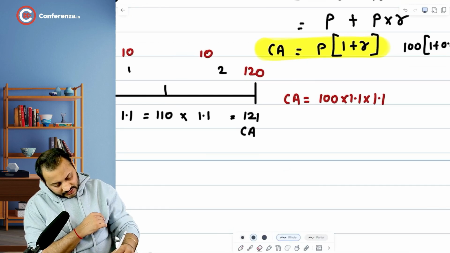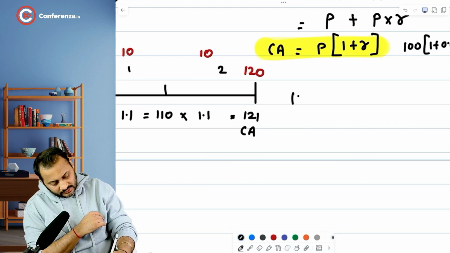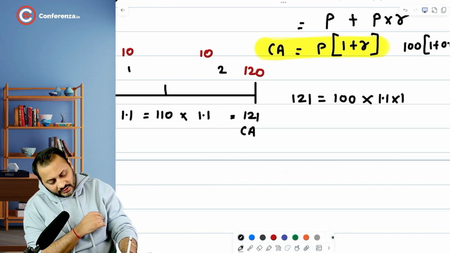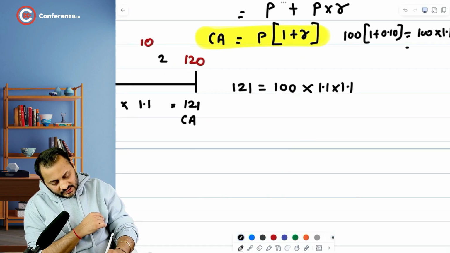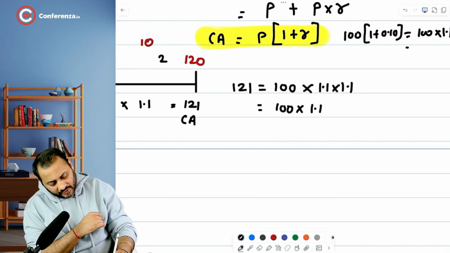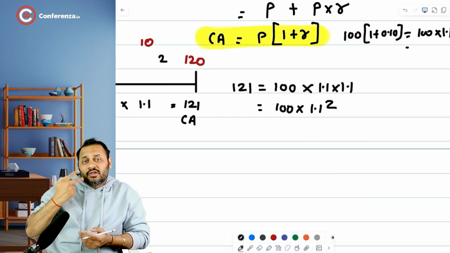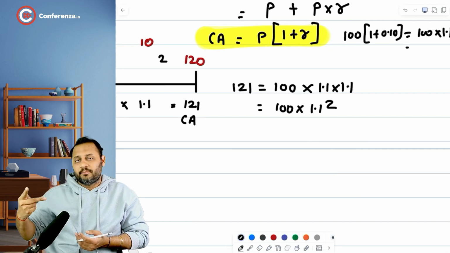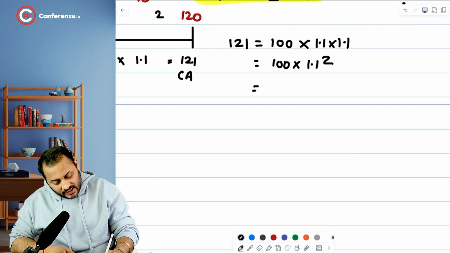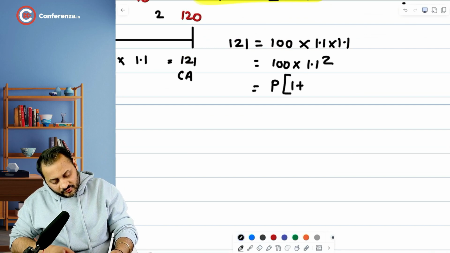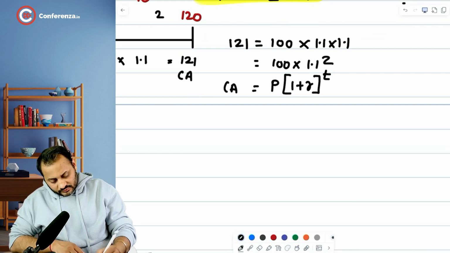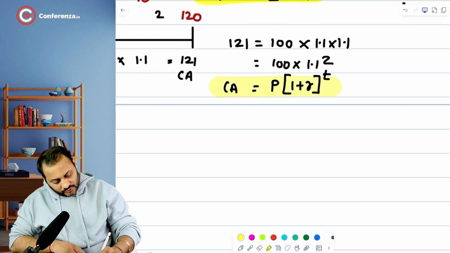Now, let me just write it in black color only. How did we arrive at 121? It was 100 into 1.1 into 1.1. Can I write it like this? 100 into 1.1 square. Square is nothing but the 2. What is 2? It is nothing but 2 years of investment. It shows the time. Okay. Can I write it like this? 100 means principal, 1.1 means 1 plus r, and 2 means time. So this is our formula for 2 years of investment,